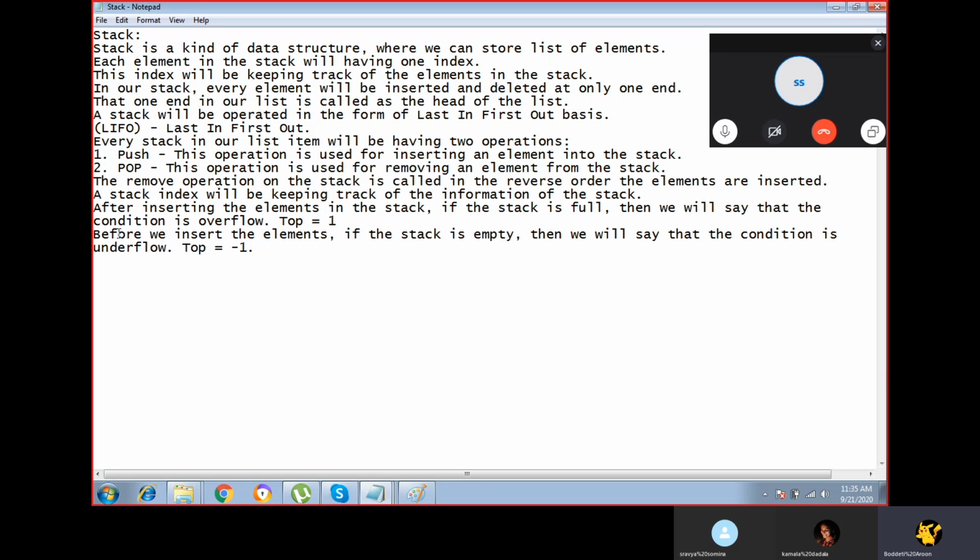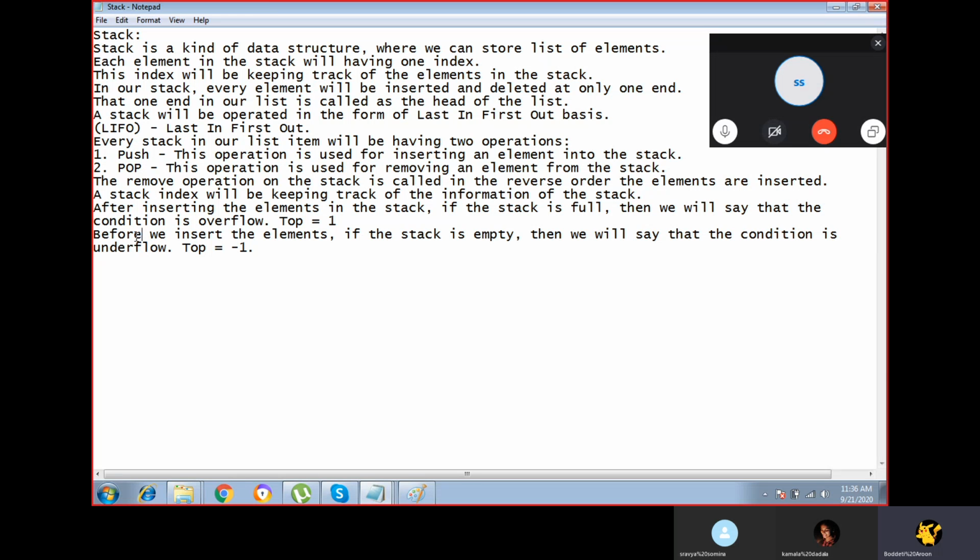The first inserted element will go to the bottom position. The first inserted element will be the last element which will be deleted, and the last inserted element will be the first element which will be deleted.